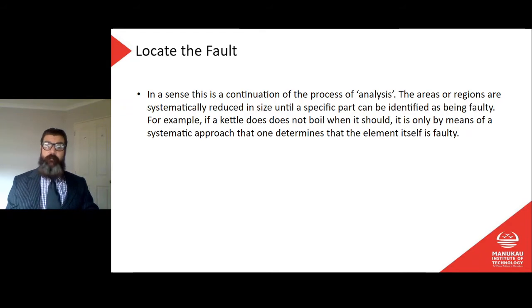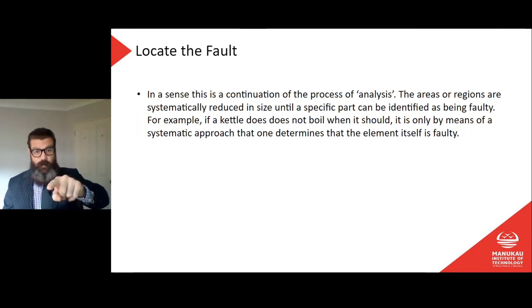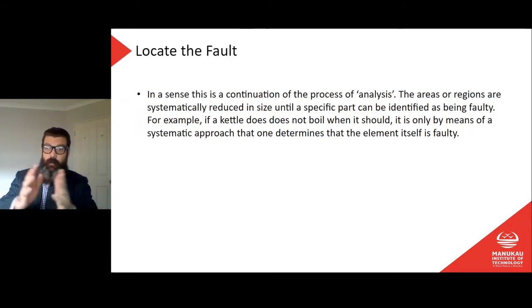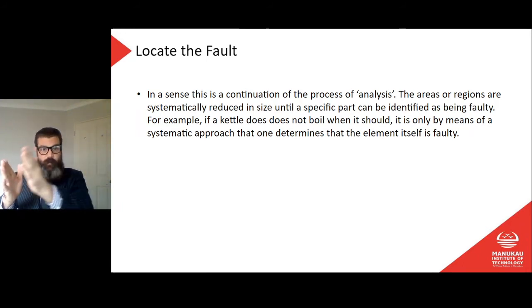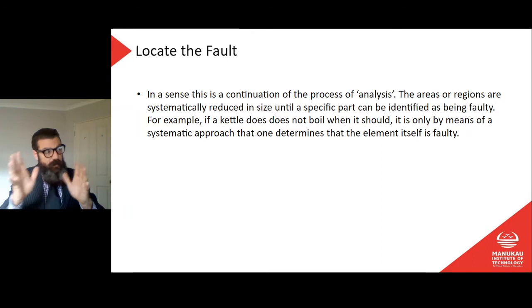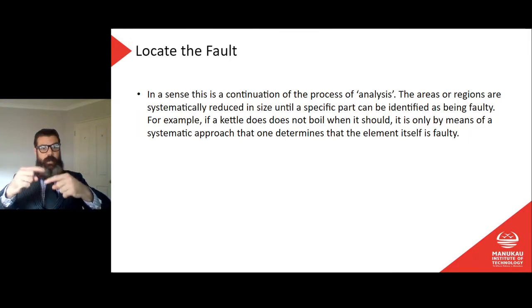Okay, I've found that the circuit is faulty. What's next? Well, where is that fault on the circuit? What I may need to do, if that's a power point circuit, say with 10 power points on it, is go from one to the next to the next. Let's say I go halfway along, I find the 5th power point of those 10, I pull that power point off, and I disconnect the cables inside. Then I can test from the switchboard all the way up to that power point, and then I can test the other cable and go from that power point down the circuit to the next lot of power points. And then I can go, well, it's this side or this side. And slowly you can reduce the size of where that fault is. You can eliminate it bit by bit until you actually find